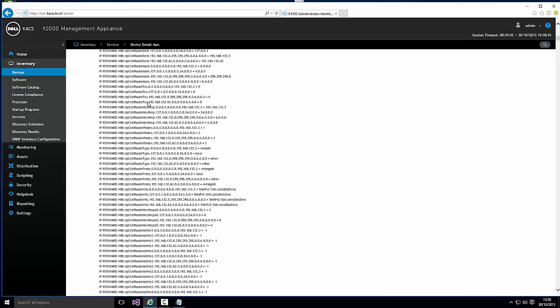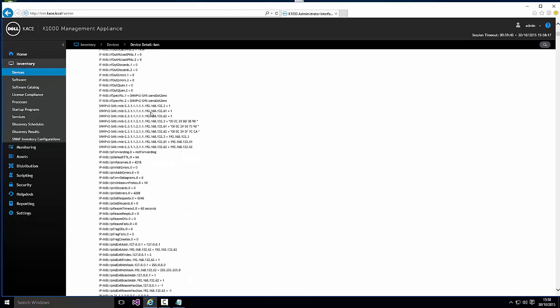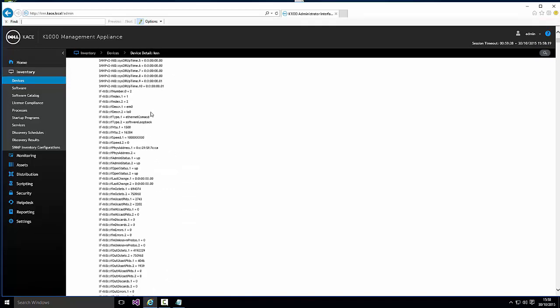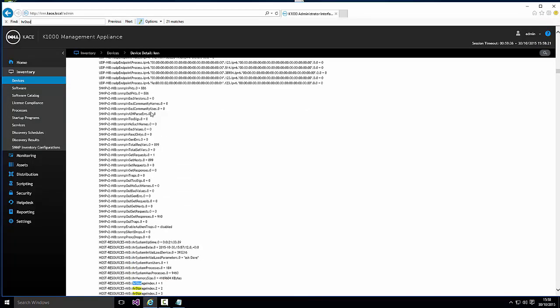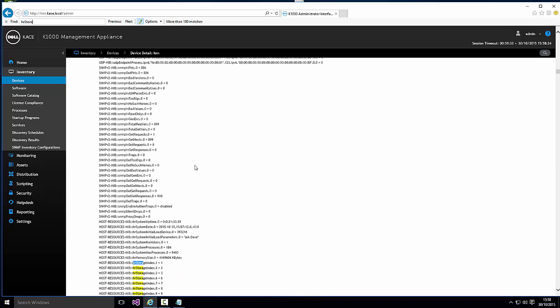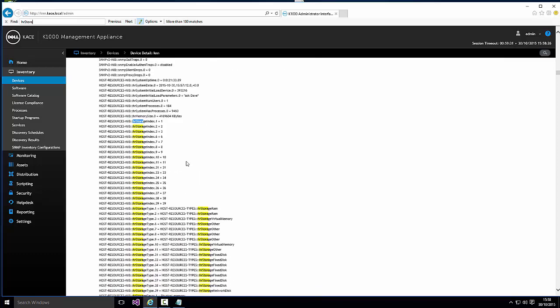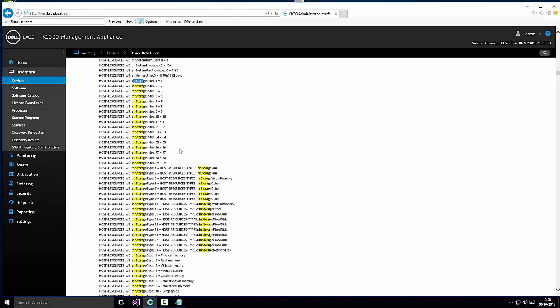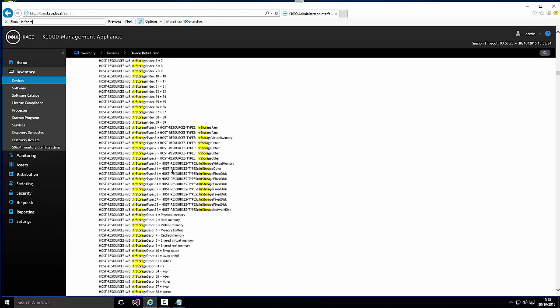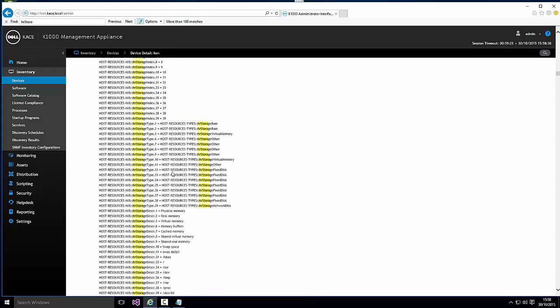The first interesting piece of information that you can find is this HR storage index, and another interesting one as well is this one,